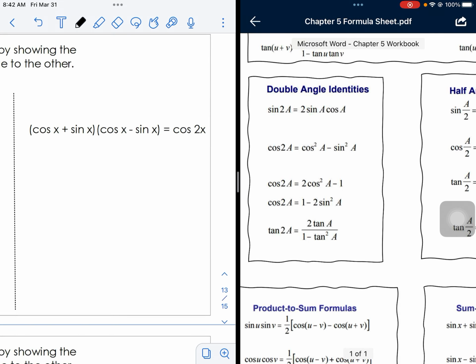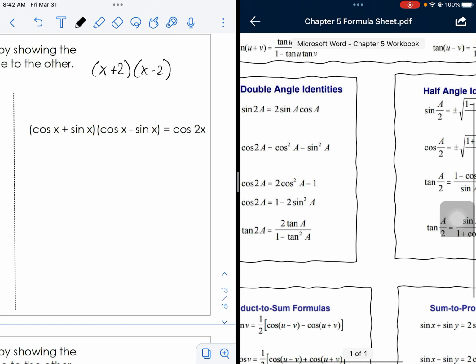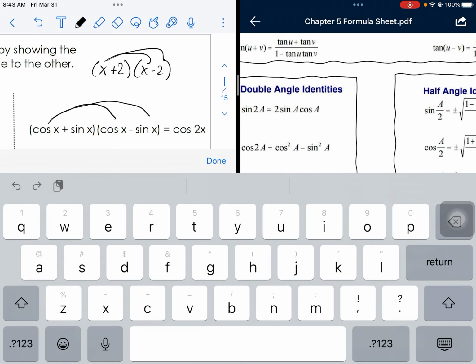The next one we're going to do is cosine x plus sine x times cosine x minus sine x. Now you might recognize this from back in your algebra days, but this is similar to the process if we had x plus 2 times x minus 2. This one we don't necessarily have to do any sort of substitution with our formula sheet. We're just going to distribute, just like you did back in the day with the binomials. So this becomes